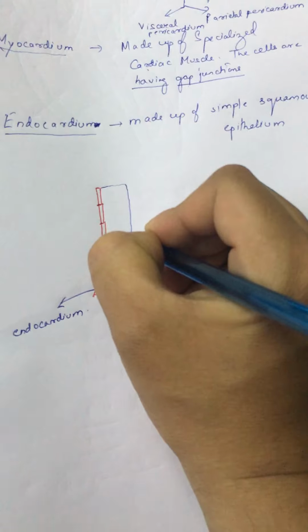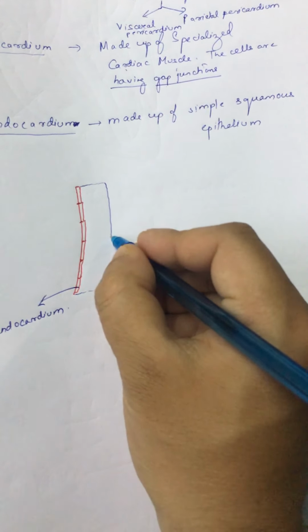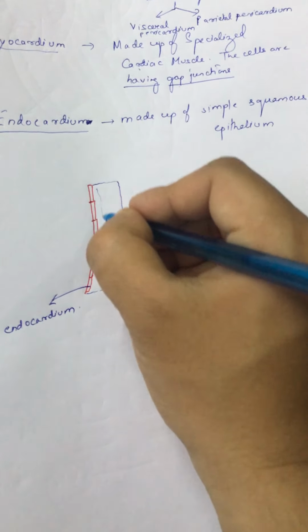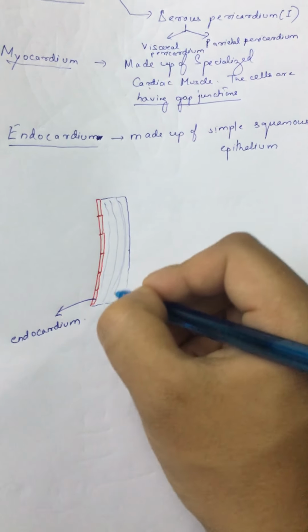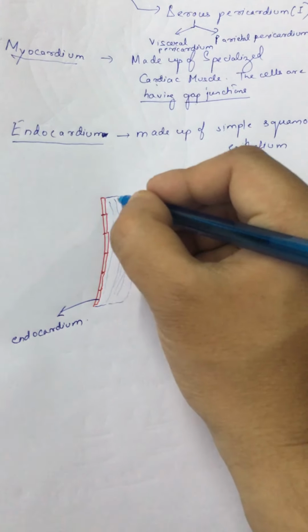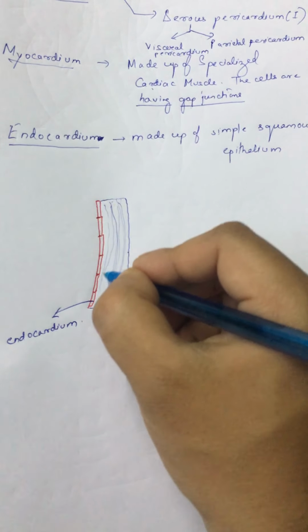and the thickest layer of the heart wall is nothing but the myocardium. So this is the myocardium, the thickest layer of the heart wall. So here I am drawing the myocardium, and the cells that will be present in the myocardium will be